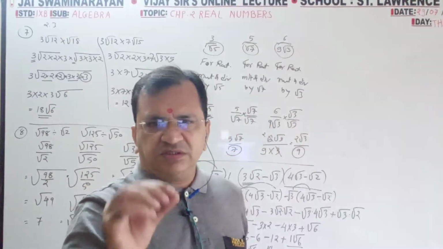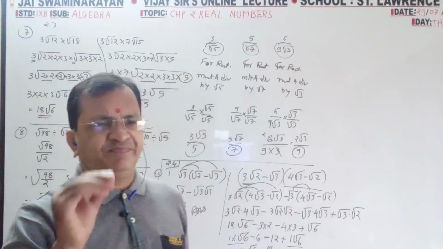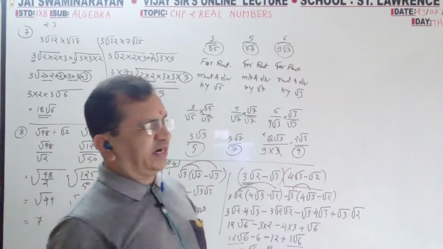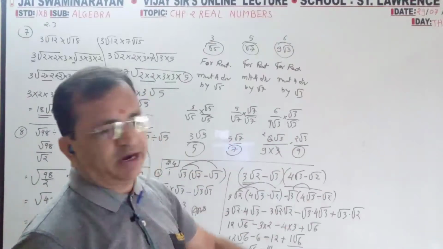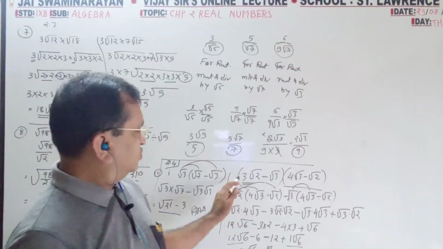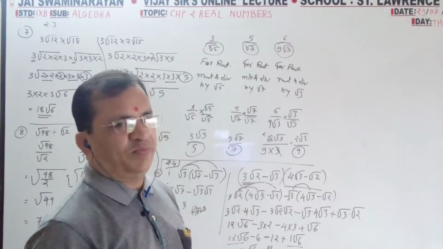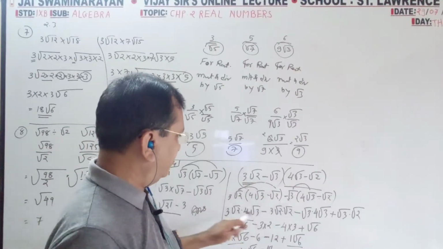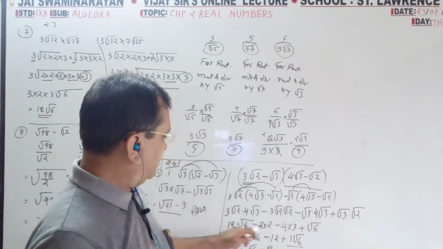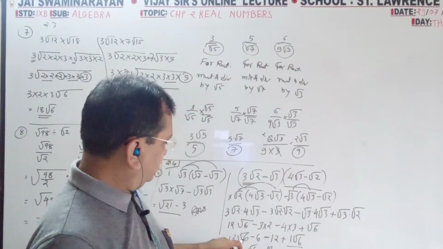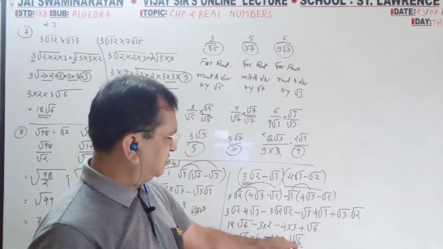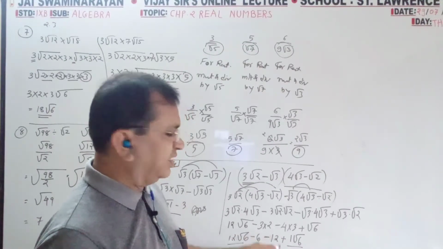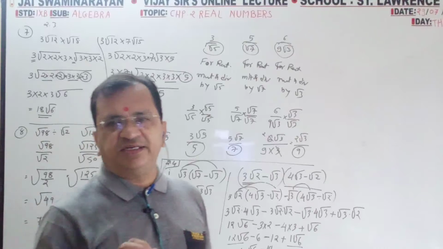Simple. Step by step you have to do whatever they have given. They have given bracket into bracket, but inside there is a minus also. So split up this bracket into two parts, then multiply, then multiply, then multiply, then multiply. Then obey the sign, and at the end you will get a simple form. So these and these are similar terms, you can add and subtract. These and these are also similar terms, you can add and subtract.